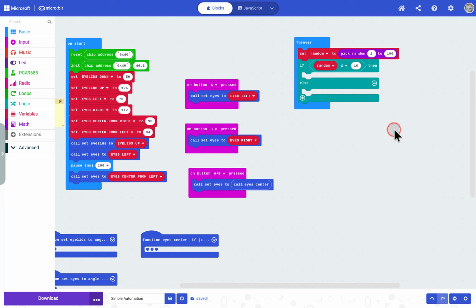So what percentage chance do we get to this if portion? And that is 10%. So 10% of the time, when I'm looking to do an action, I want to,